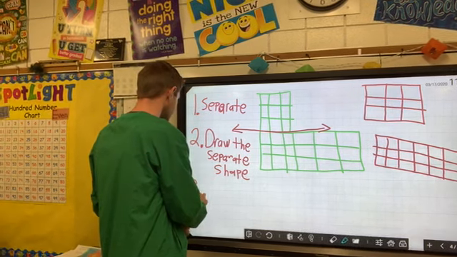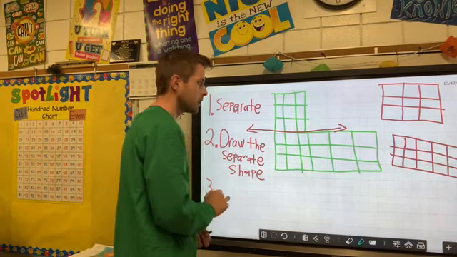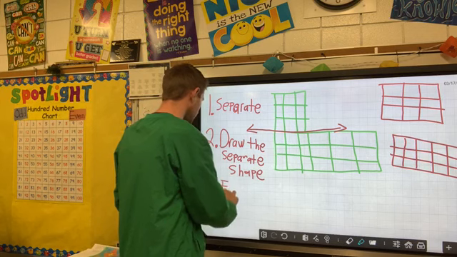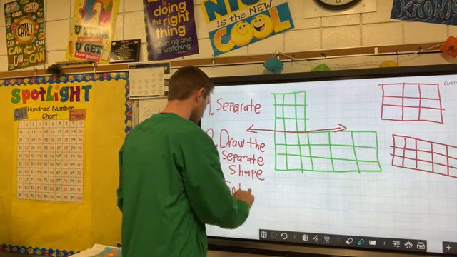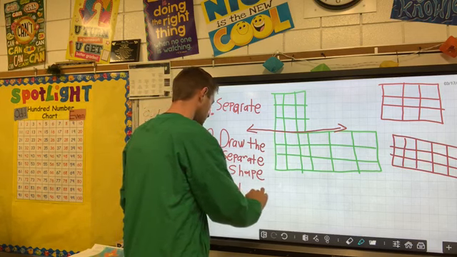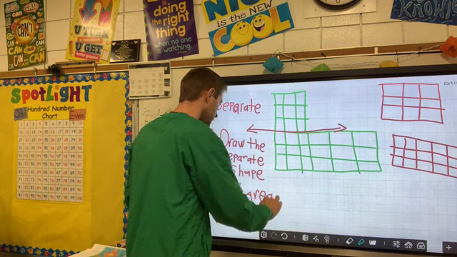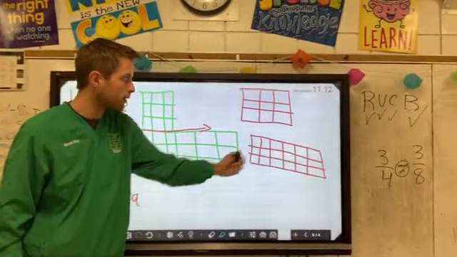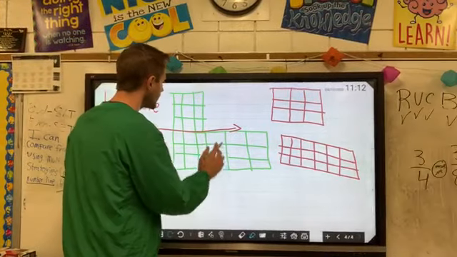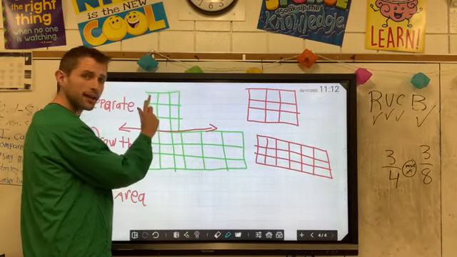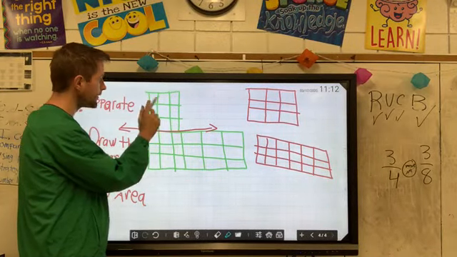Third, you find the area of both shapes. I hate this board. You all know I hate this board. It's already messing up on me. Now, let's look at this. If we're looking at our rectilinear figure here,